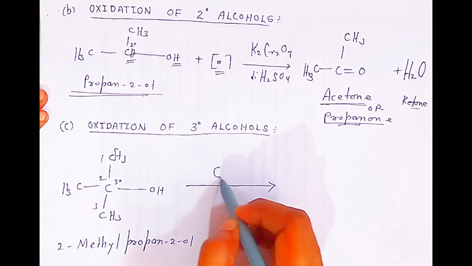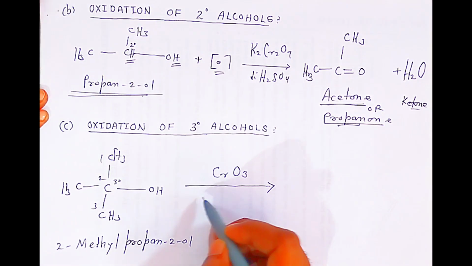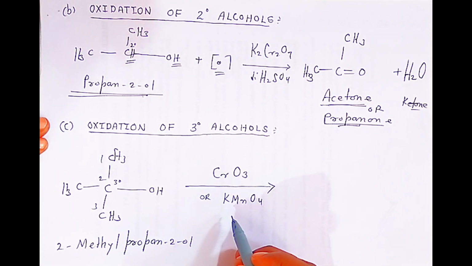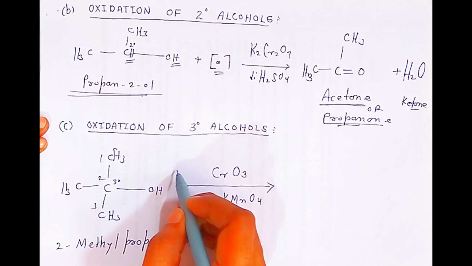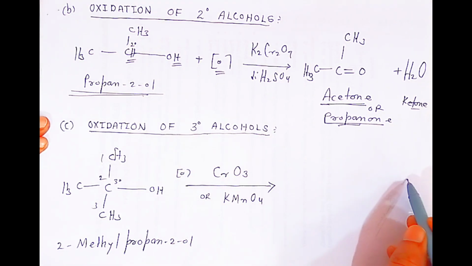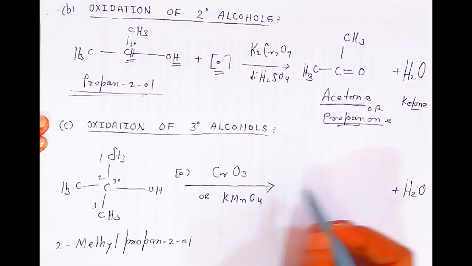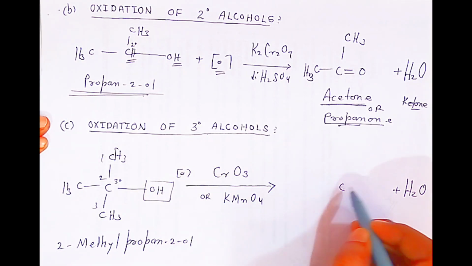You have to use chromic acid, or you have to use KMnO4. This oxidizing agent you have to use, students. So what happens, students? They will produce nascent oxygen. Now they will form water molecules like this, and it will convert into 2-methylpropane. Okay students? So there is a formation of